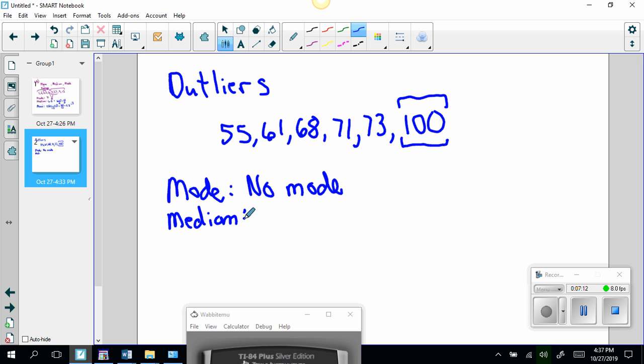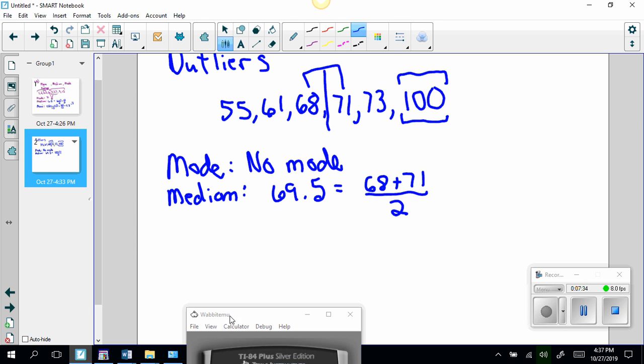is the middle number. Set of three, got to take the average. I can split that, I think. They're 3 apart, so half is 1.5. So I think it's 69.5. But if you're not like that, just go 68 plus 71 divided by 2 on your calculator, and you'll get